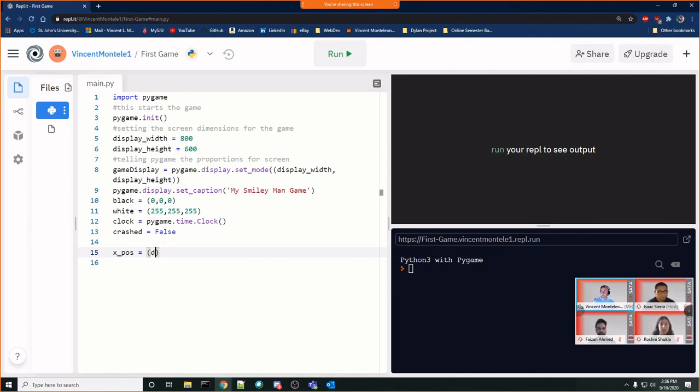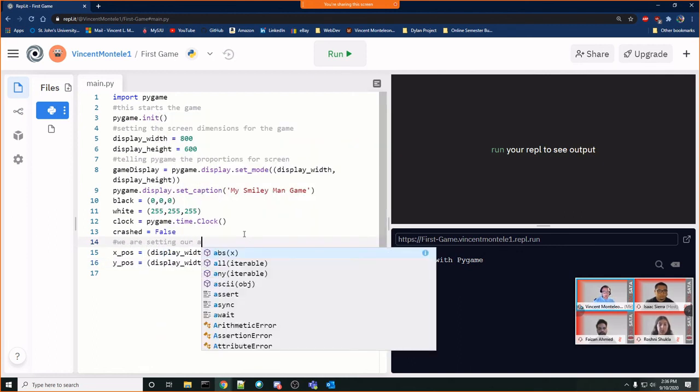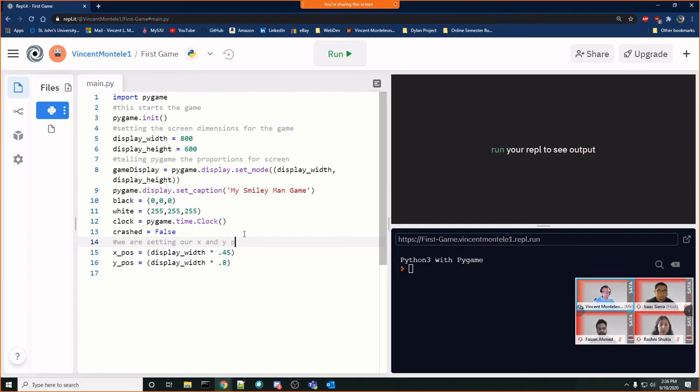So I'll very simply say display width times 0.45, and I'll set my Y position equal to display width times 0.8. This is very simply saying that we are setting our X and Y positions for loading the image. That's all we're doing right now.